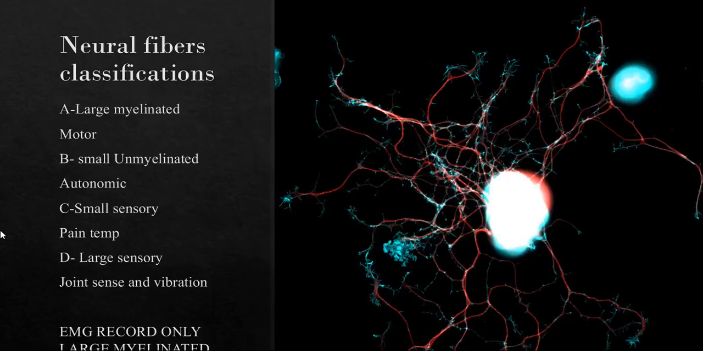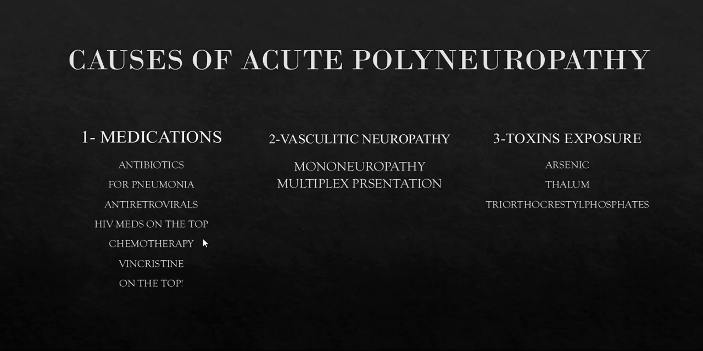Number one is medication. There are mainly 3 groups of medications that I usually see in my patients: antibiotics, antiretrovirals, or chemotherapy. So if the patient was absolutely normal for a long period of time and then developed a pneumonia, for example, and needed to start taking antibiotics, and then started to develop a rapid onset progressive paralysis,